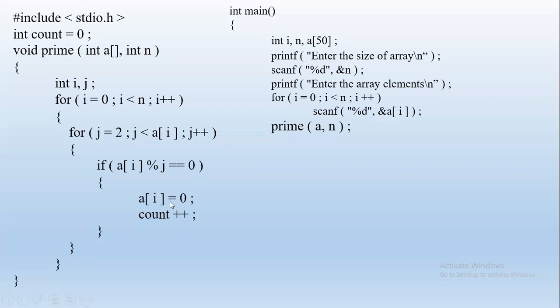So we will make A of I as 0. Okay. So the A of 1 value becomes 0, and we are incrementing count. We want to count how many non-prime numbers are there. So increment count. Note that this is a global variable. Okay. So if we are incrementing here, it will reflect in main. So that is the way global variable works. So count became 1. So out of the 2 numbers we checked, one of them is non-prime. Okay. So here count became 1. Now when we increment J further, J becomes 3. So A of I is 4. Okay. So again, here we will get, fine, it is not divisible.